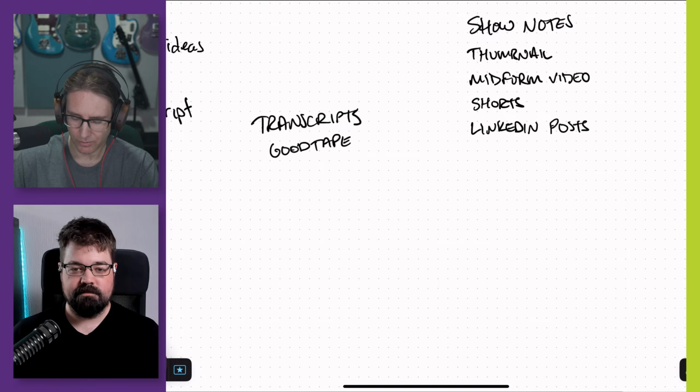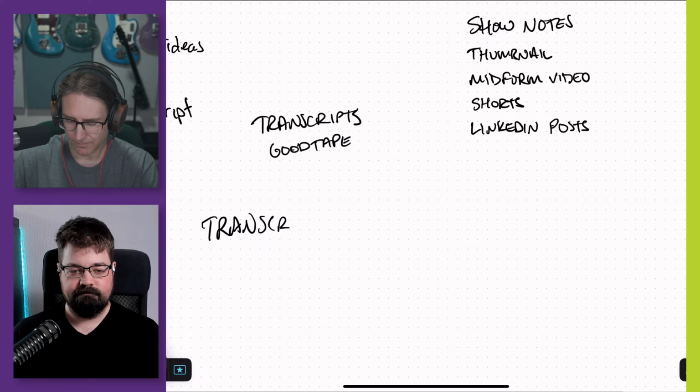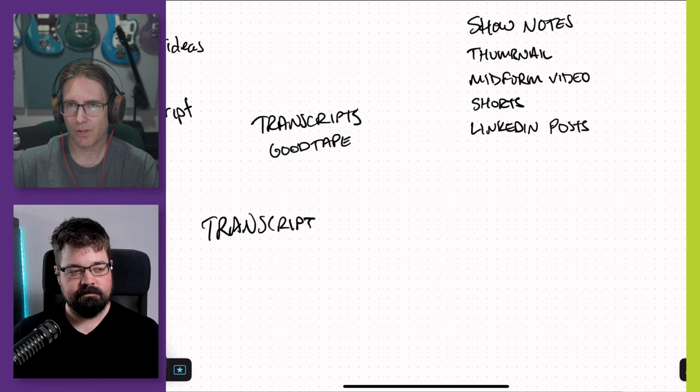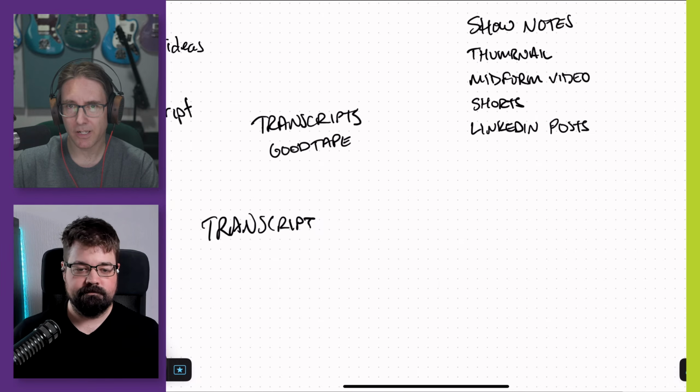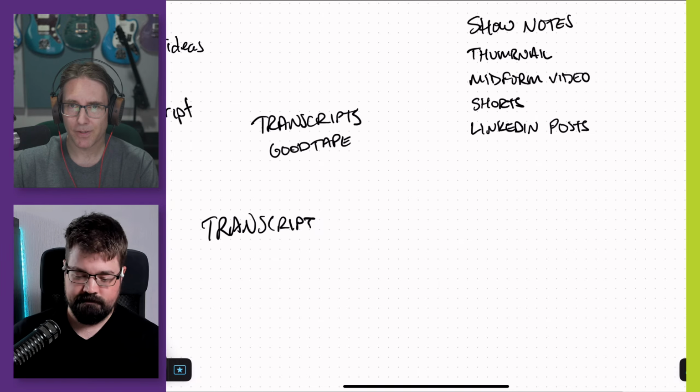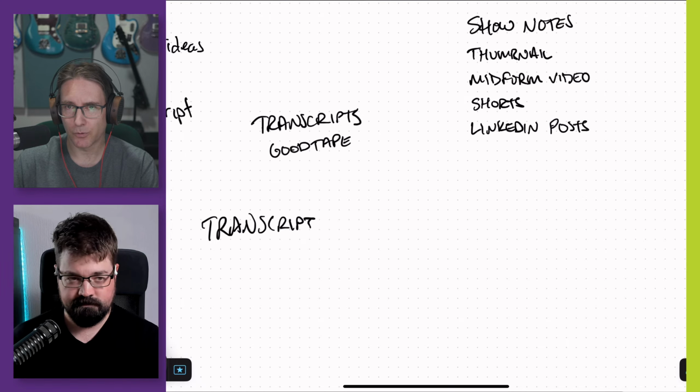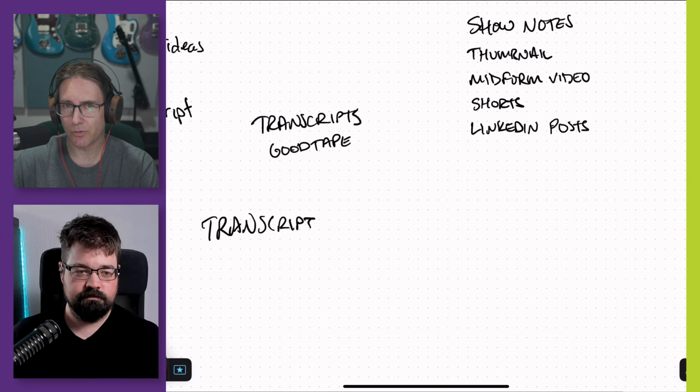So you start out with your transcript. We could build an automation where the way it starts would depend whether GoodTape has an API or not. If it does, we could connect straight to that so that once the transcript is created, it starts the automation. If it doesn't, you could download it and then upload it to like Google Drive someplace. Do you use Google Drive or do you use...